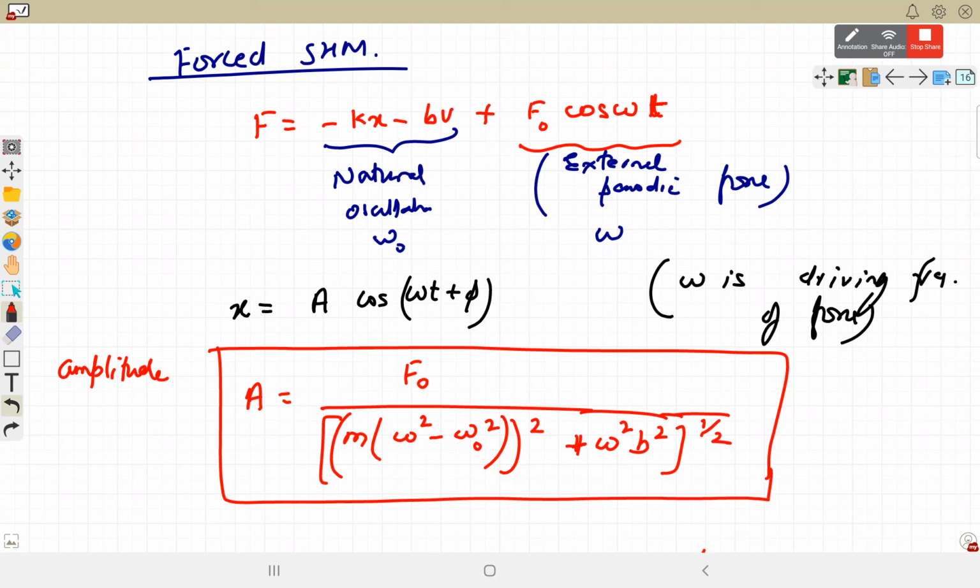So in this formula, there are two cases. When omega is very, very large as compared to omega naught, then in the first term omega naught can be neglected. When omega is very, very small, then we neglect omega. So when the frequency is very small or very large as compared to the other, this term won't be zero. There will be one term greater than the other, so it will have some positive value because it is